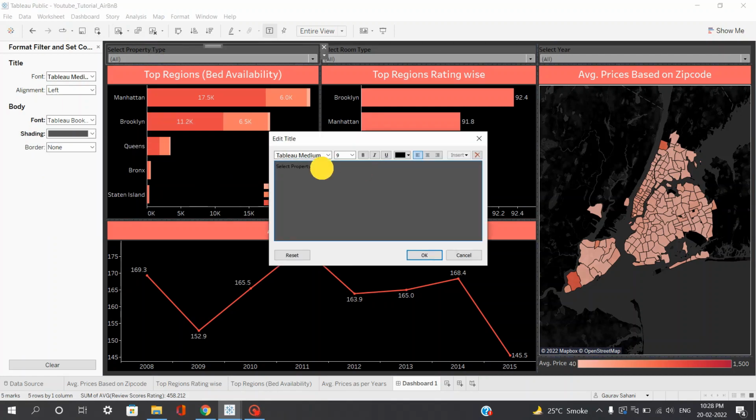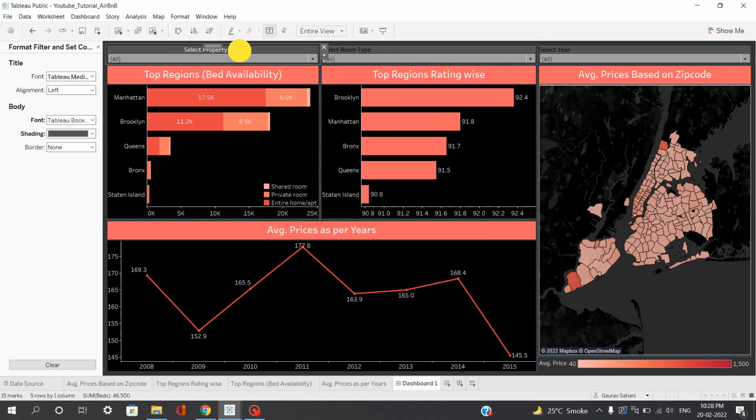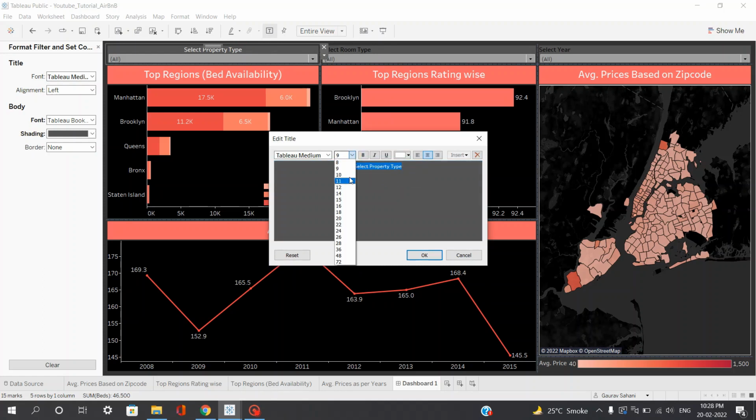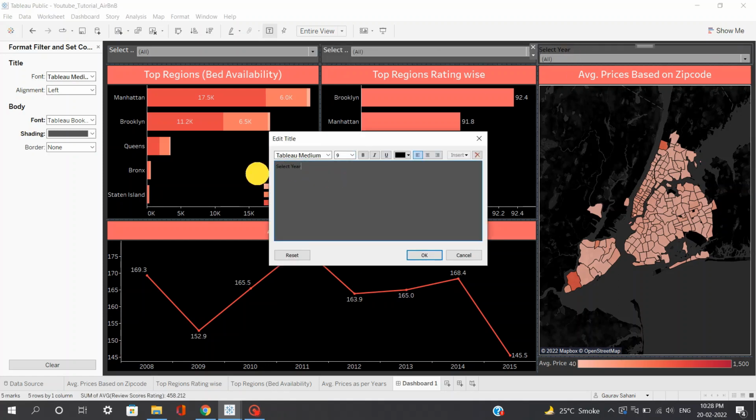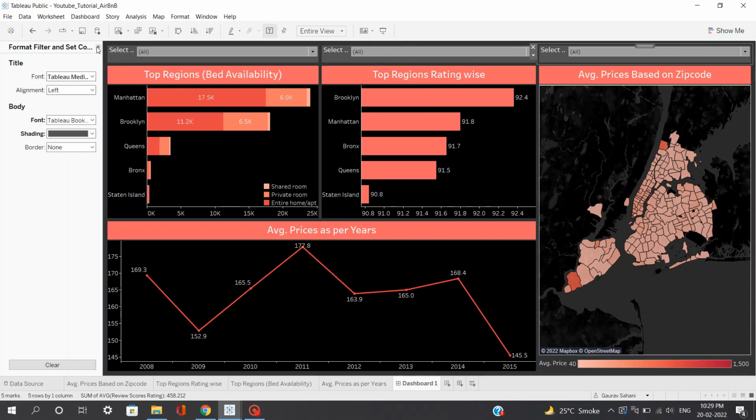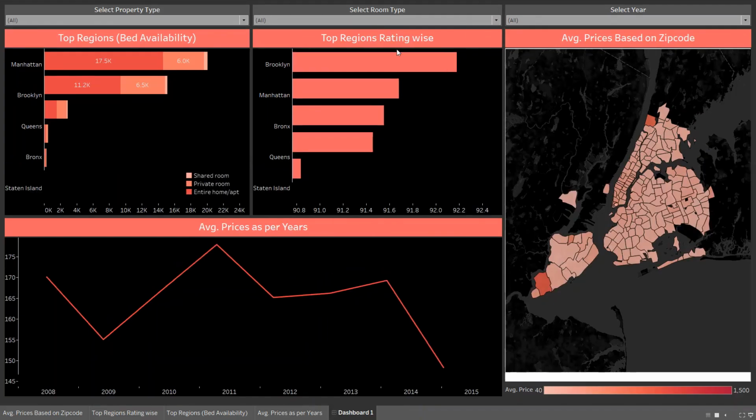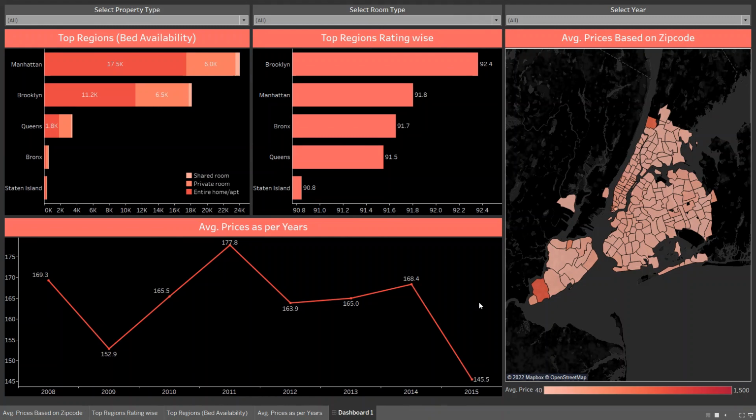Okay, I need to change this font back again to center, and let's give this color as white. It would be better if I increase the font size to 10. I'll be doing this for all the other two filters. Change the font size to 10 and change the color to white. Similarly for this and 10. Okay, cool. So let's see how it looks in presentation view.